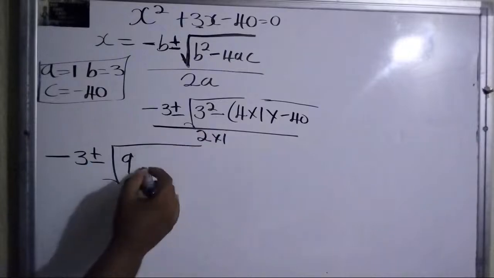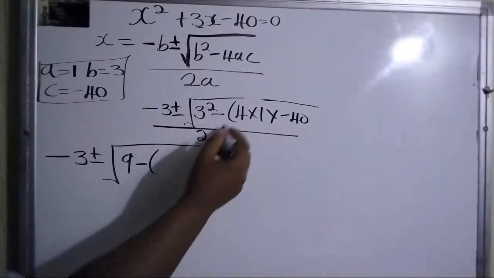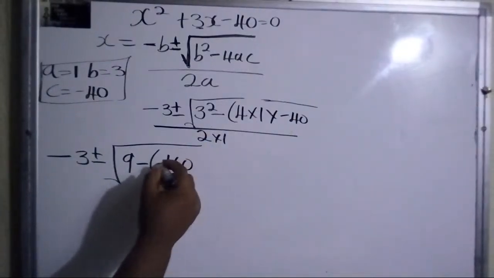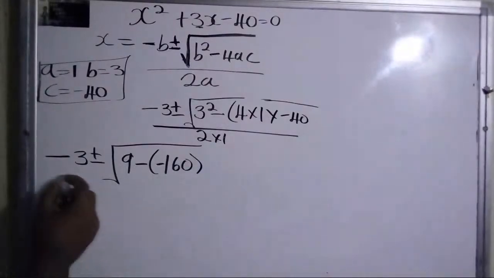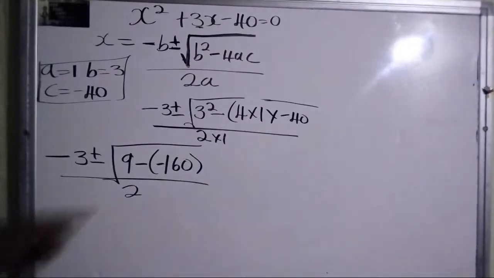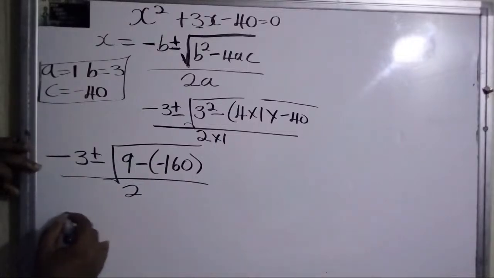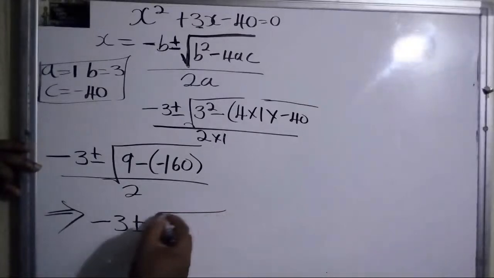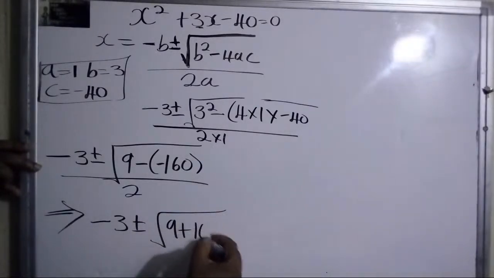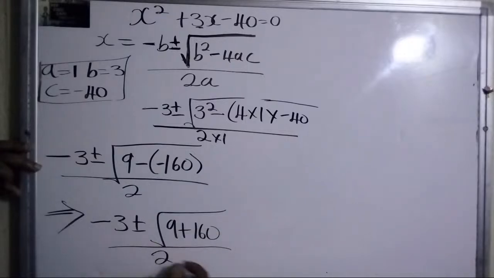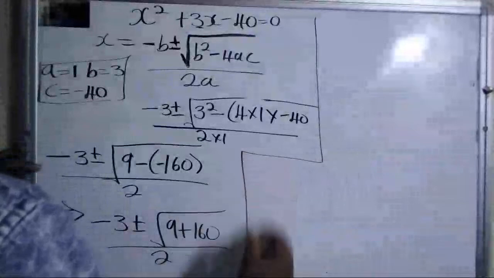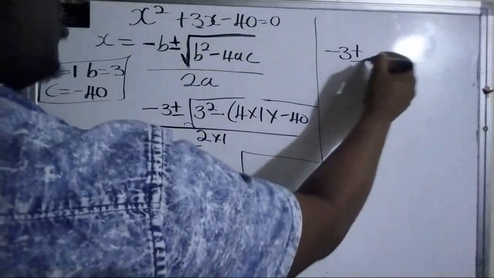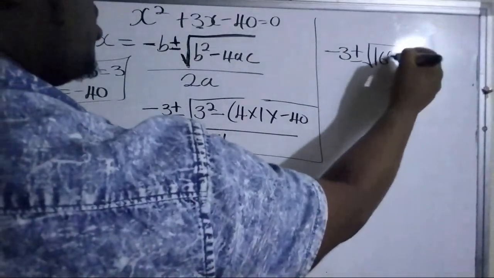9 minus, put back a minus, work out the bracket now. 4 ones 4, 4 times that, 160. So it's negative 160. Work it out for yourself, and 2 ones 2. This is going to give us plus, so it's going to be minus 3 plus or minus 9 plus 160 all over 2. Alright, I'm going to tidy up now. So it's going to get back 169, so it's minus 3 plus or minus the square root of 169 all